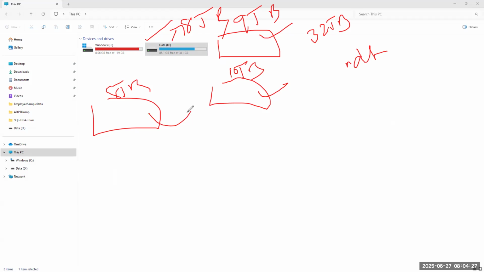How can I distribute, Subbu? I can create NDF files. Here I will create 2 NDF files. Here I will create 2 NDF files. Here I will create 2 NDF files, and I will distribute the data into the NDF files, and I'm distributing the disk also, so that my performance will be increased. Clear, everyone? So why, Subbu, we need